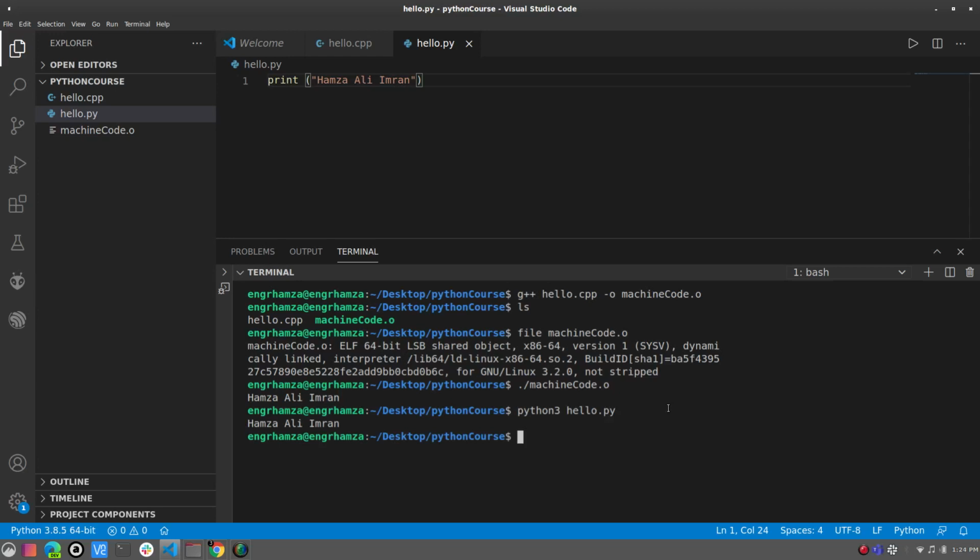You may have noticed one more thing in this comparison: the code written in Python is relatively less compared to the C++ code, and that is going to be the case every time. Python does a lot of things for you. It's a super easy language compared to other languages, especially C++. But again, it's an interpreted language. It has its own disadvantage, that is its execution is going to be relatively very slow compared to C++. So this is pretty much it for this video.